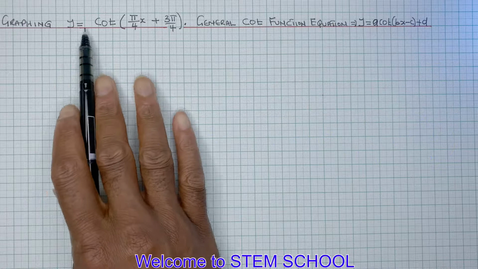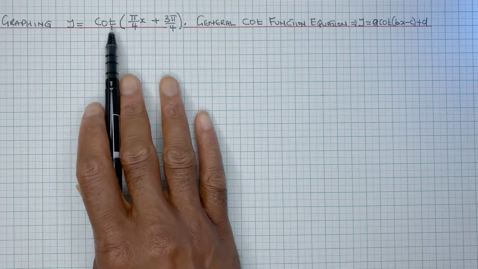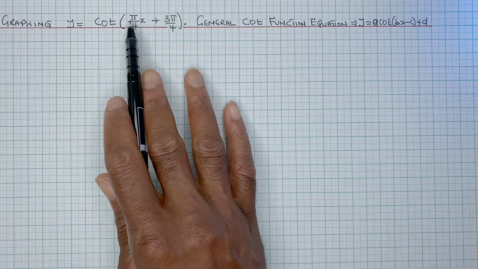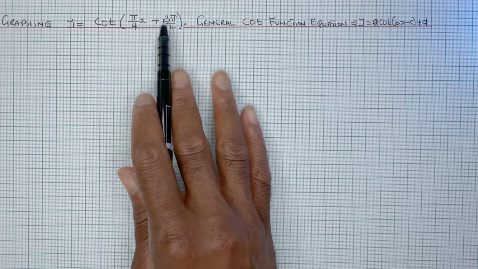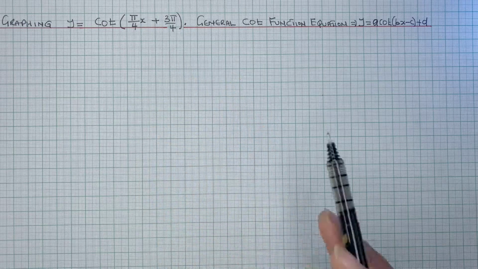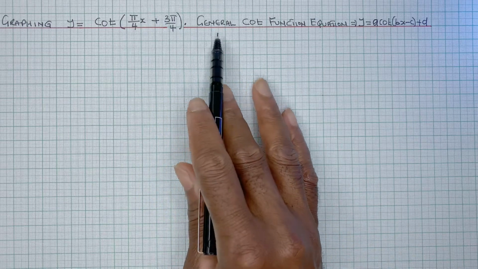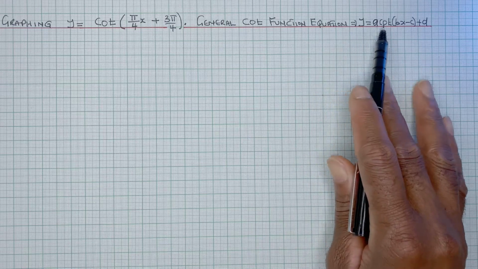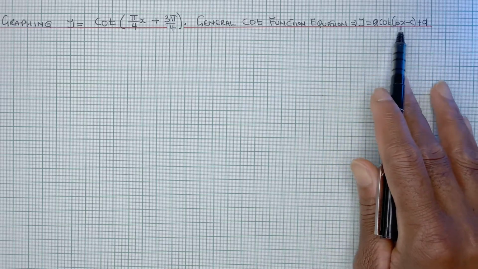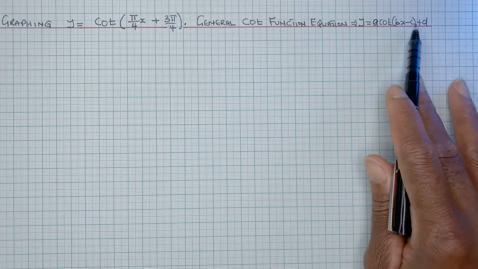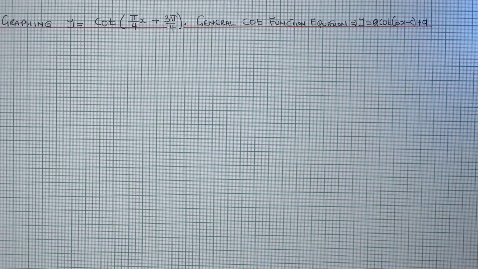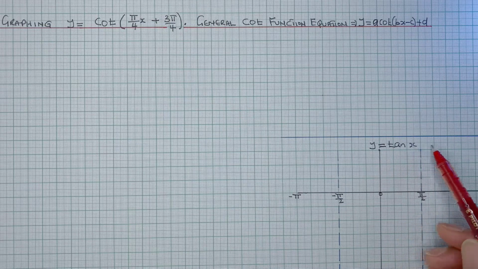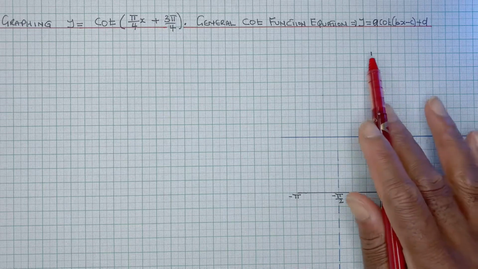Graphing y equals cotangent, or cot, open bracket, pi over 4x plus 3 pi over 4, close bracket. The general cotangent function equation is y equals a cotan, open bracket, bx minus c, close bracket, plus d. So it's good to know what the graph of tangent looks like, or even if you know what the graph